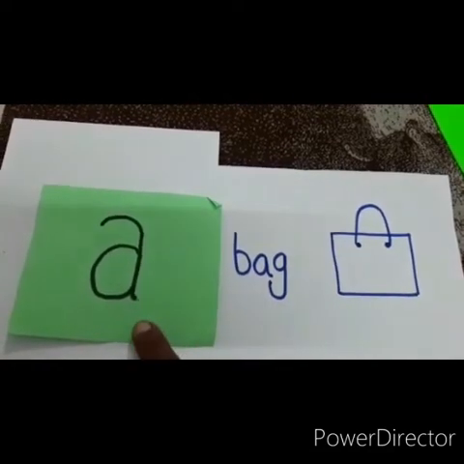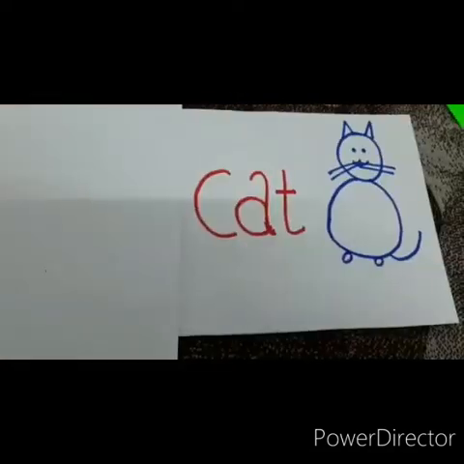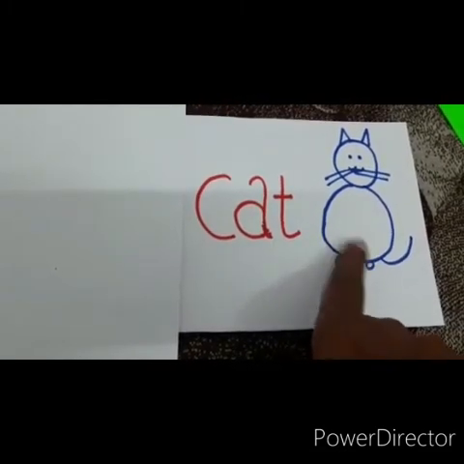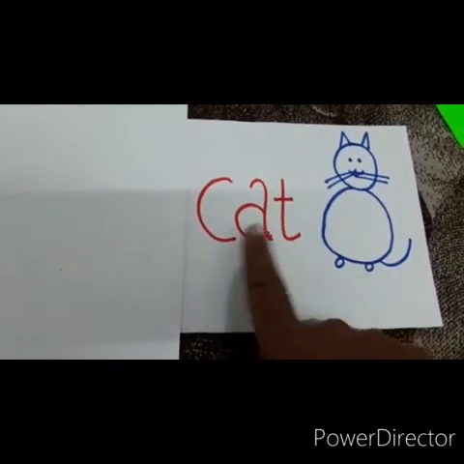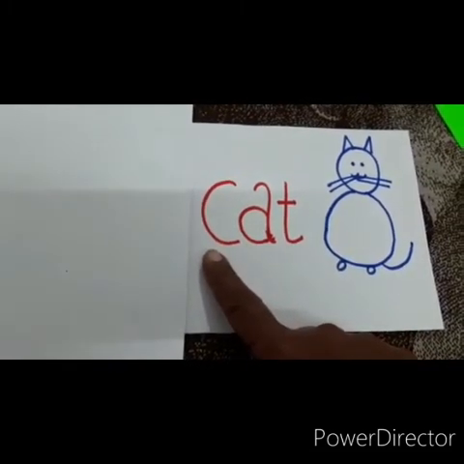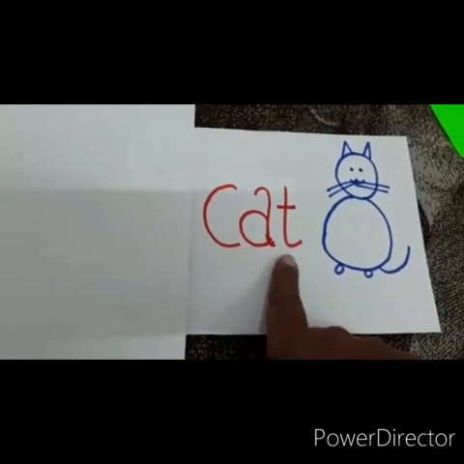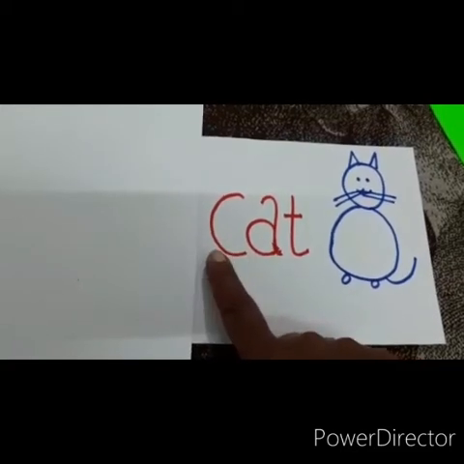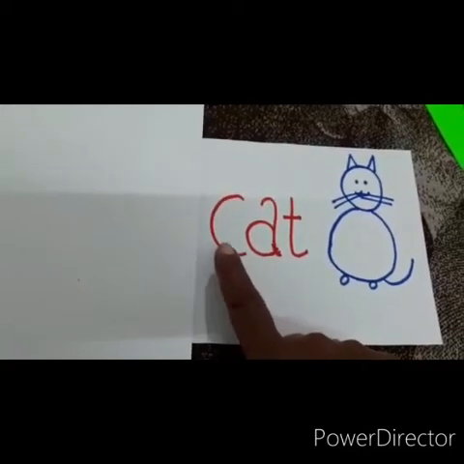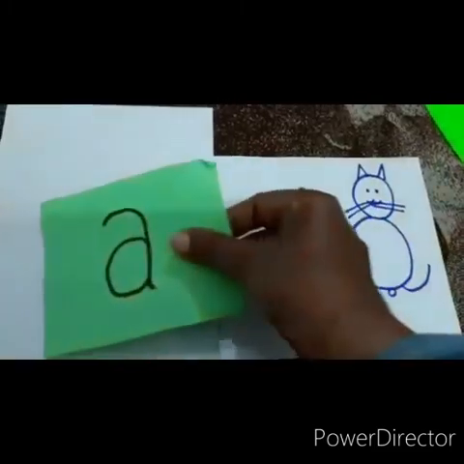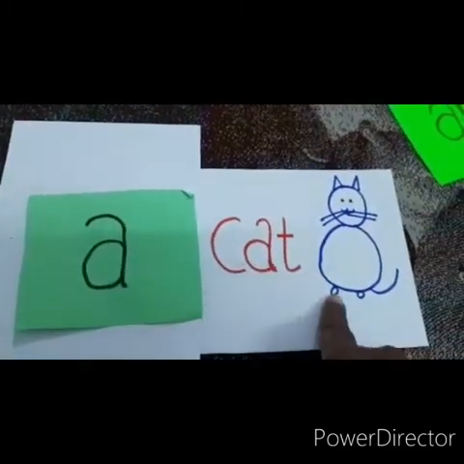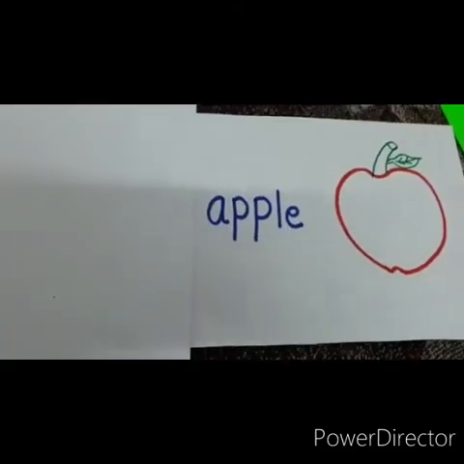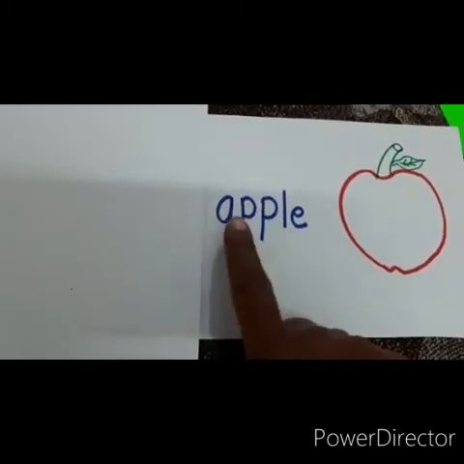A bag. So now read it. It's cat. Again here the first letter is a consonant. When any word starts with a consonant, or the first letter is a consonant, we use a. So here it is a cat. Now read it. How do we read it?